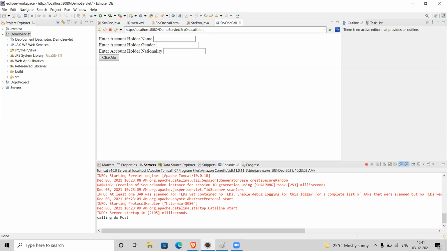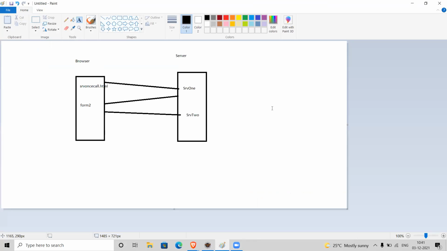Yeah, team. Yesterday we were talking about hidden fields, how to make a web application stateful. As part of yesterday's session, we worked on one example which transmits data from client to server using hidden fields, right? In hidden fields, basically we have some drawbacks. So this is how that application was working.